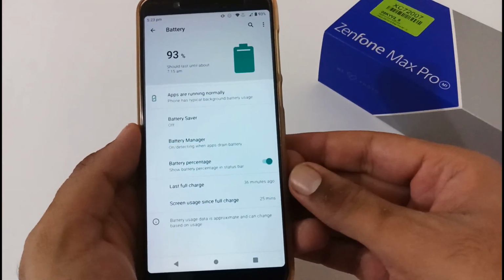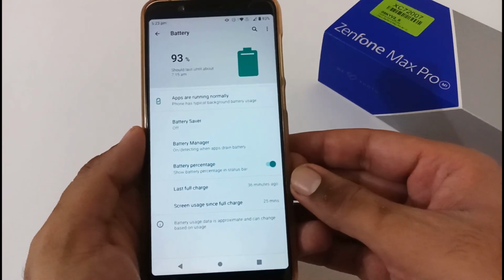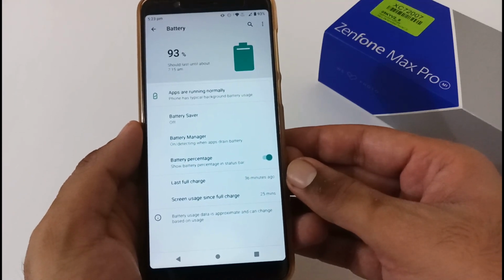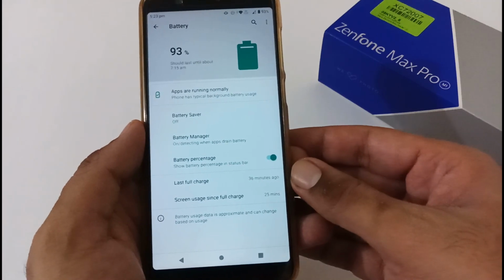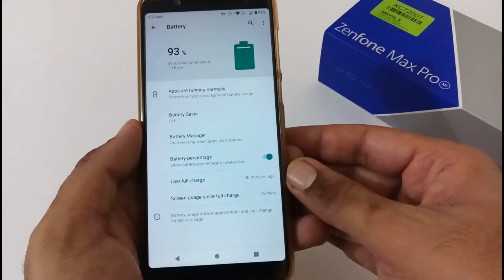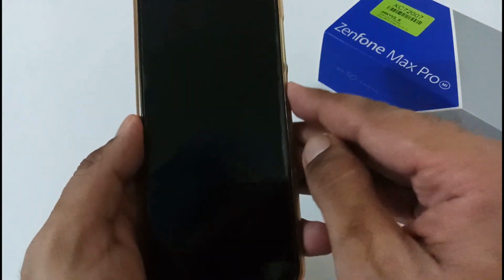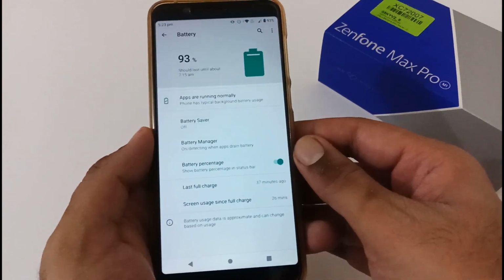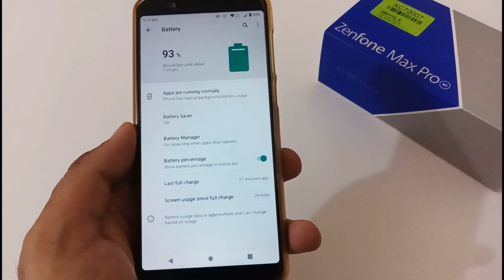Now let's talk about the idle battery drainage. I have analyzed this over 1 or 2 days. Sometimes it showed me 2 to 3% of battery drainage and sometimes 3 to 4% at most. So I'm considering 3 to 4% of battery drainage over a span of 7 to 8 hours, whereas in the original stock ROM, it was nearly 4 to 5%. So it's a hardly negligible 1% difference, nothing more than that.